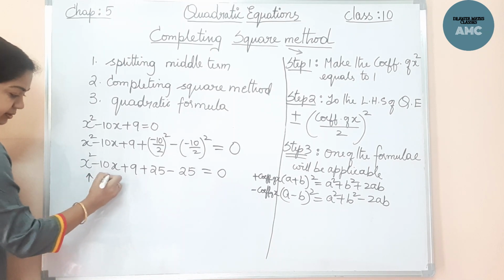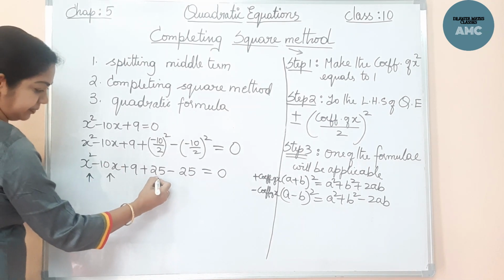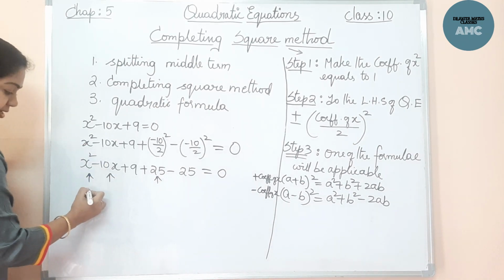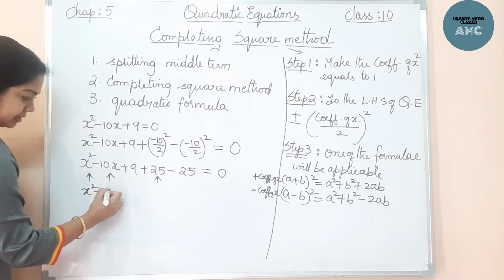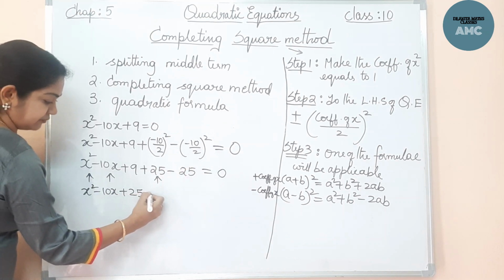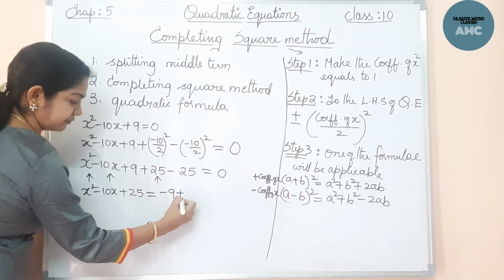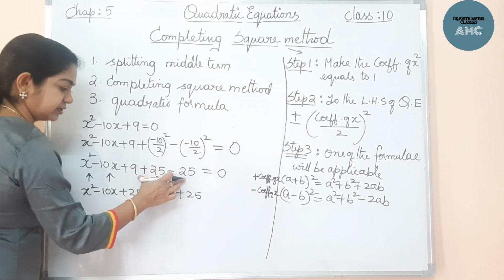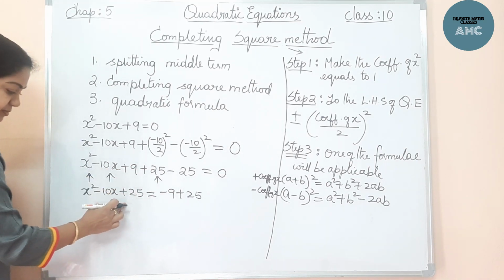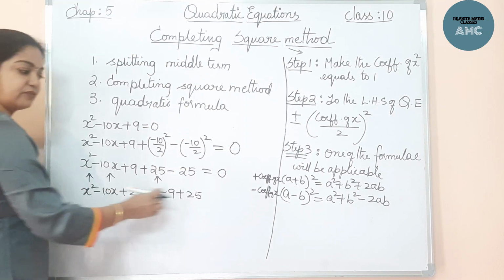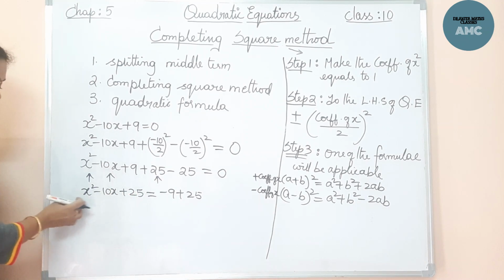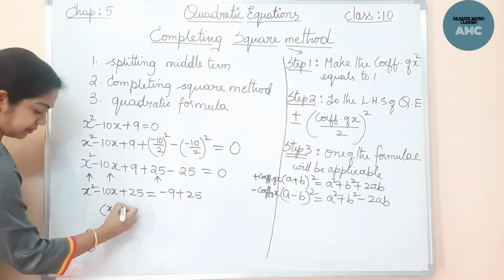So you see this part, and you see this. These three, from these three we can write, if you write it, x square minus 10x plus 25 at one place and these two at another place. Okay, shift it to the other side, minus 9 plus 25. These two terms I have shifted to the other side, minus 9, the sign changes. Now here if you see these three terms, the coefficient of x has a minus, so this formula is applicable. You can clearly see that this is the expansion of x minus 5 whole square.